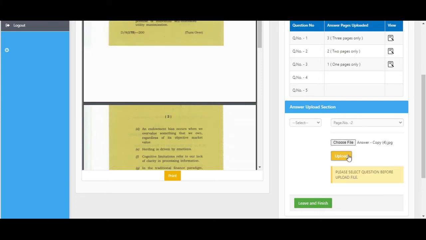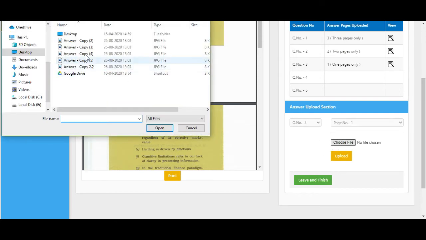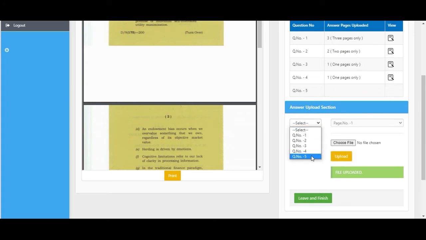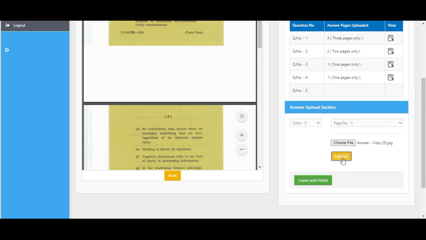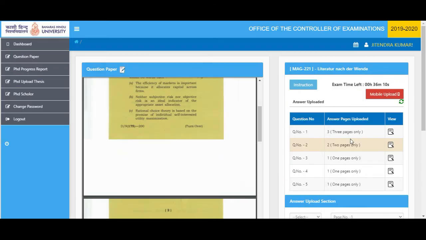You can upload in multiple ways: you can directly upload from the computer, or you can take a photograph. That option I'll explain how it works. As you can see, I have uploaded all the answers.